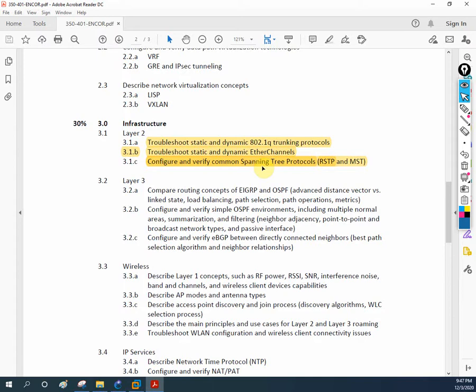If you remember, let me write here, we can do EtherChannel. Actually in our syllabus they give troubleshooting, but before troubleshooting you should have an idea about EtherChannel. So we have EtherChannel static and dynamic. Static means manual, where we use on mode. We are going to discuss that one.